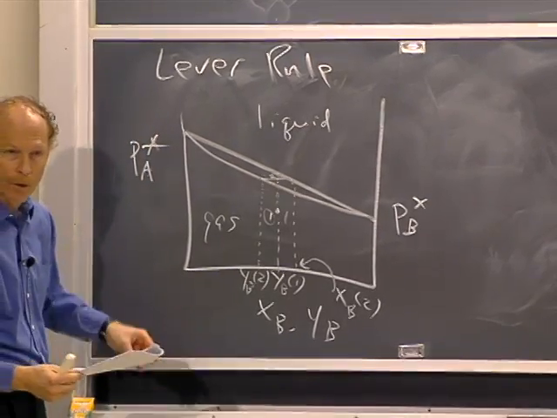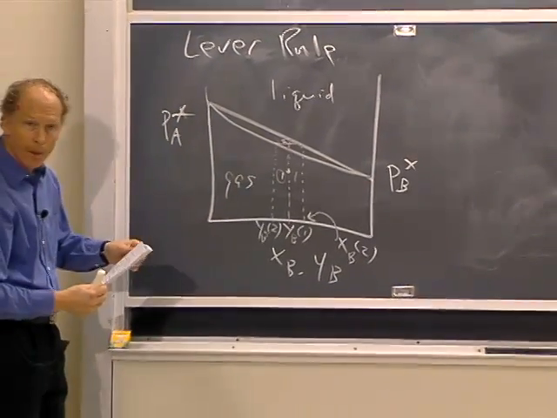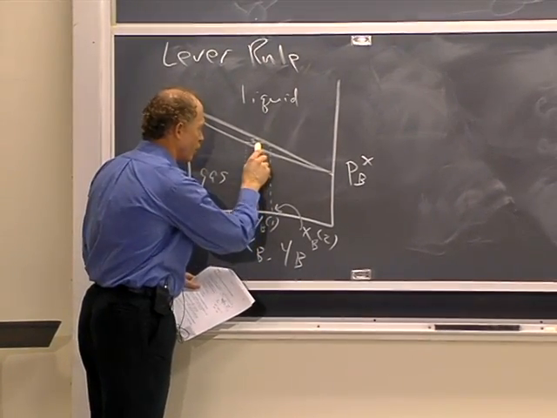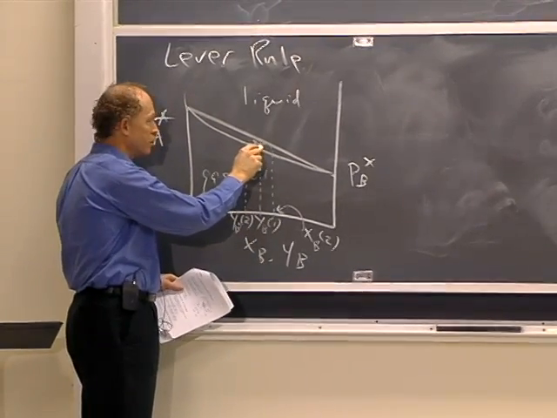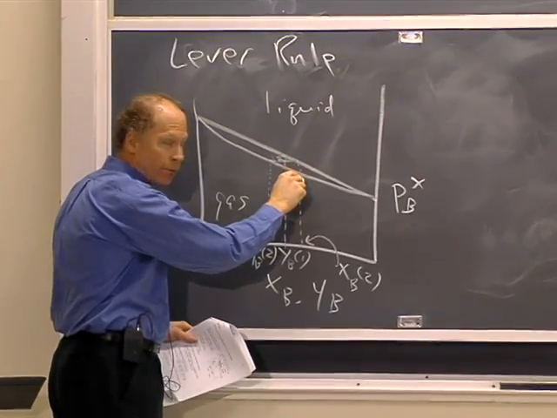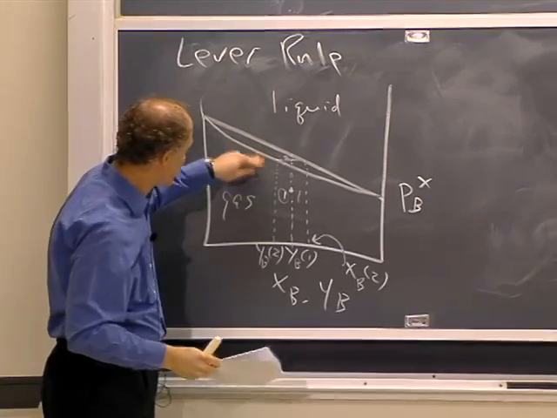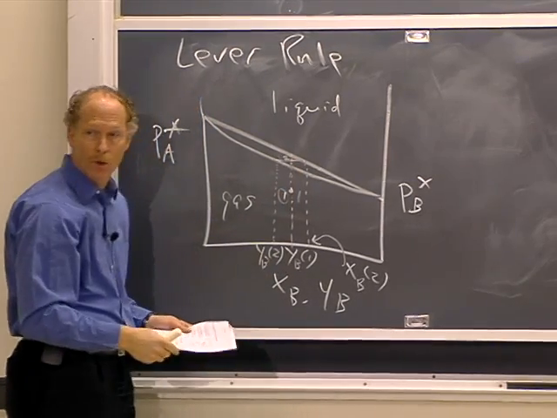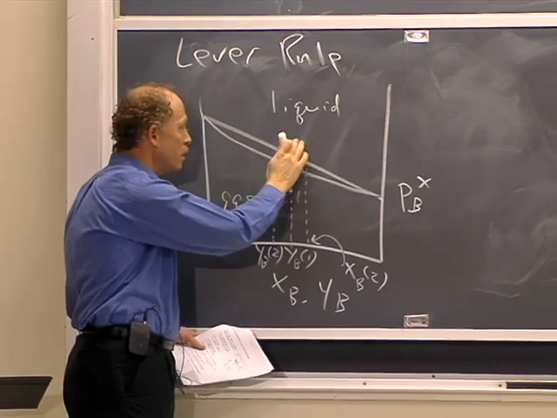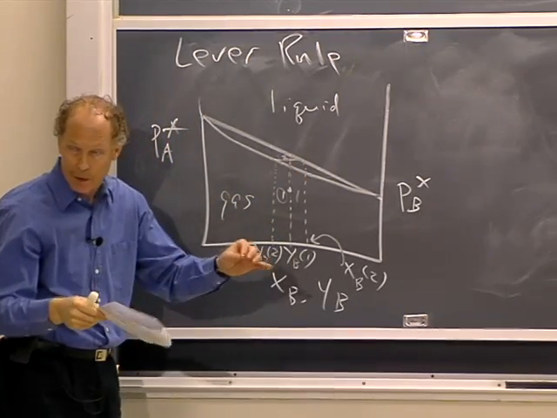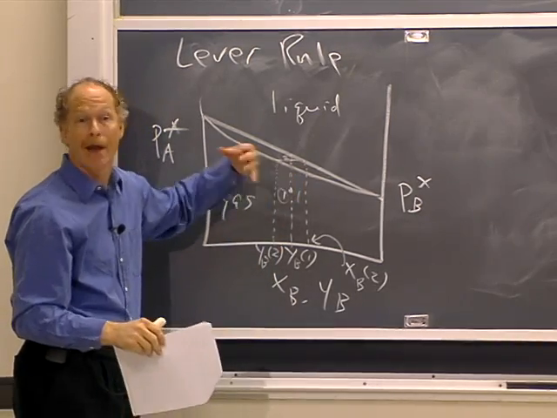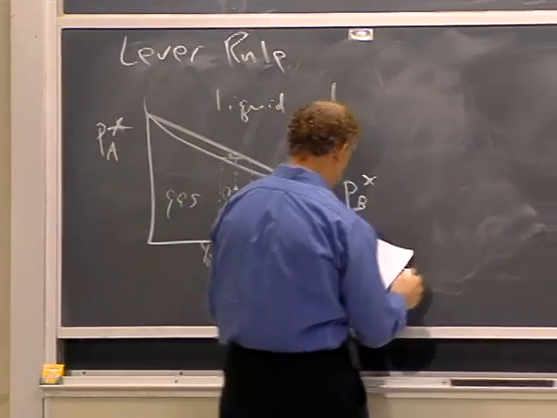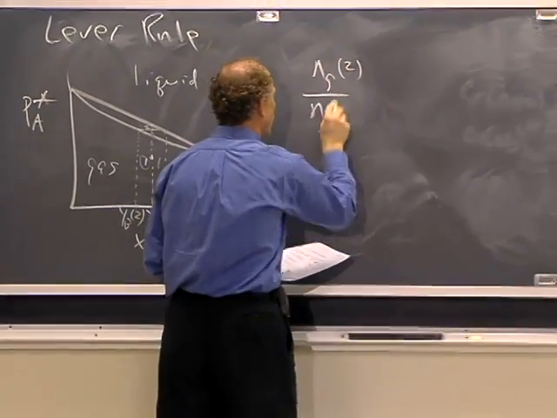And I derived an expression for the ratio of the number of moles in the gas and liquid phases, because the idea here is, let's say you're working your way up on the curve. If you just barely get to the coexistence curve, of course, then you could see how much material you've got in the two phases, but there's very little material still. You're still got almost everything in the gas phase when you first reach here, and as you work your way up in pressure, you'd have more and more liquid. Of course, if you were to just keep going, you'd get into the pure liquid phase. Typically, though, you might stop somewhere in the middle and have some reasonable amount of material in both phases, and you want to find out the composition in each phase, and also want to know how much material there is in each phase. So the result that I derived was N gas at 2 over N liquid at 2,